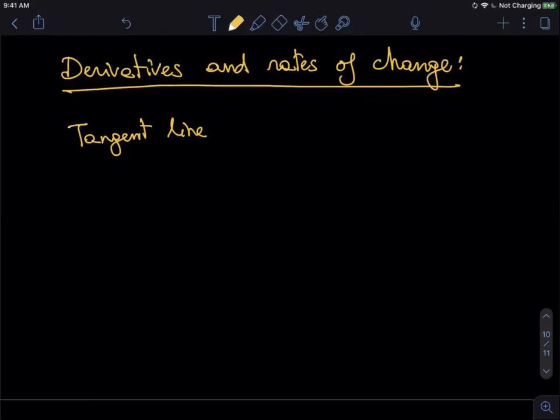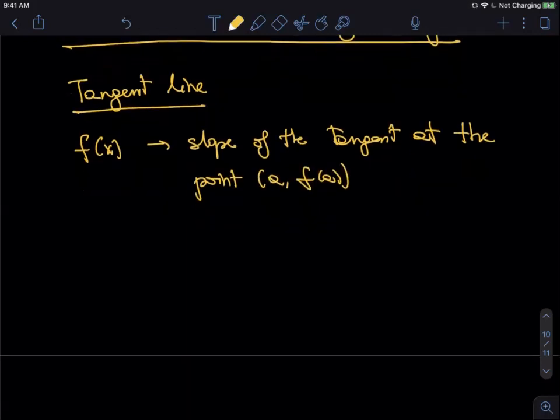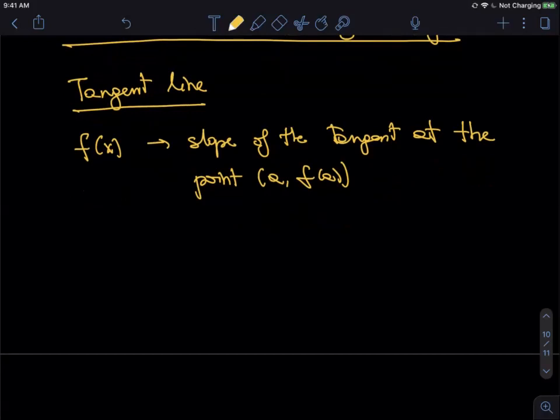So let's say we have a function f of x, and we want the slope of the tangent at any given point. Let's say at the point a, f of a, okay? And we discussed geometrically that this should be,